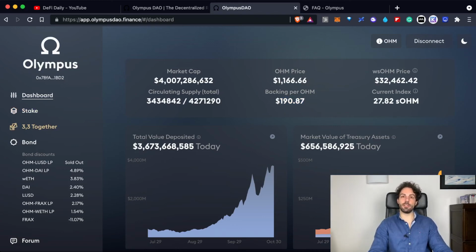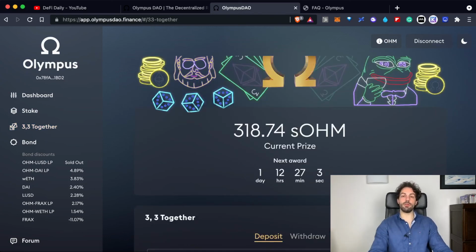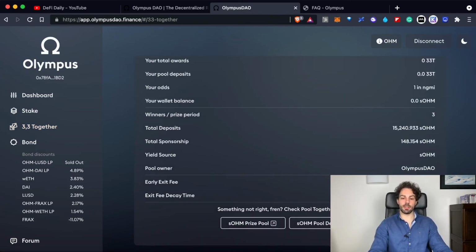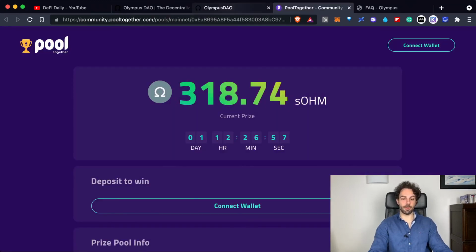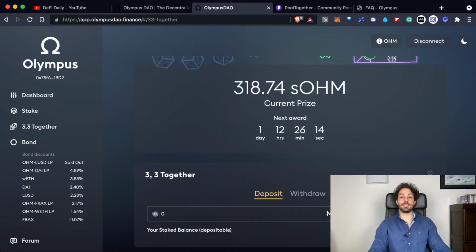Differently from what we have seen on Wonderland Money, they have introduced also the 3,3 together. That is like a price pool. They are using a third platform that is the price pool. If you want to know more, you can click on it and it will open the pool together platform. The mechanism is quite simple. You have just to deposit your tokens, and you are buying a ticket in order to have the opportunity to earn even more tokens. In this moment, the actual price, so the actual reward that you will receive if you win this kind of, let's say, a lottery, it is the number that you are seeing here,